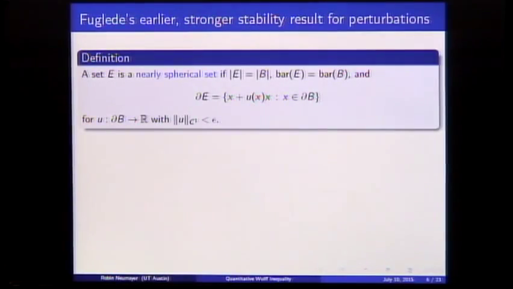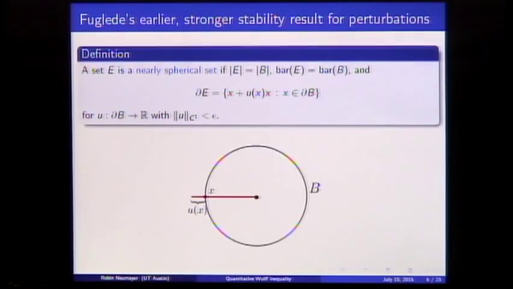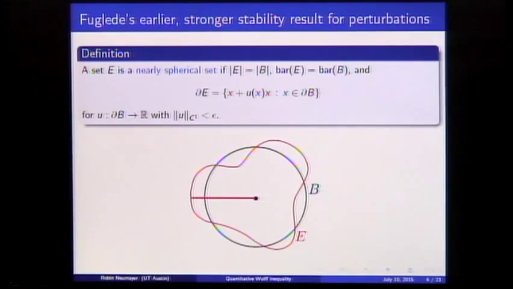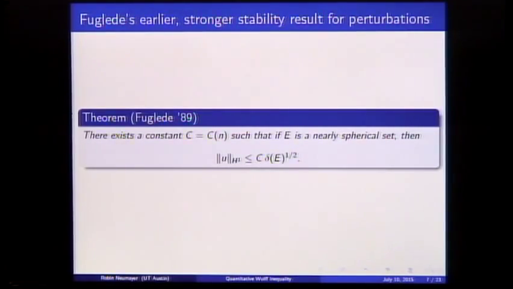But I actually want to focus on a much earlier stability result that holds only for a smaller class of sets, but within that class of sets is actually a stronger result. So this is a result of Fuglede. Let me first define a nearly spherical set. This is a set that has the same volume as the ball, the same barycenter, and is a small normal perturbation. So given the ball, we go out in the x direction, continue in the normal direction a distance specified by some function, some function u, we've called it, and in this way we parameterize the boundary of our set. So for this class of sets, Fuglede showed that the H1 norm of this parameterizing function u is controlled